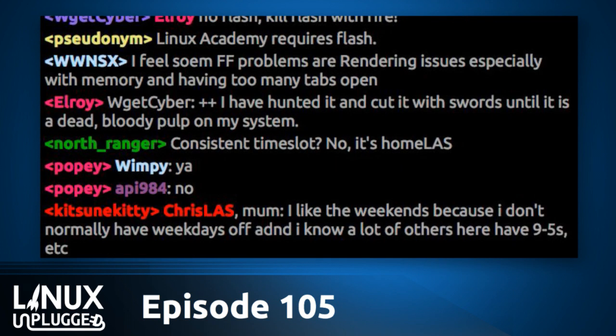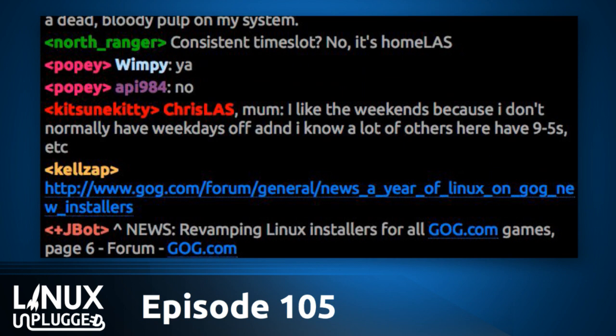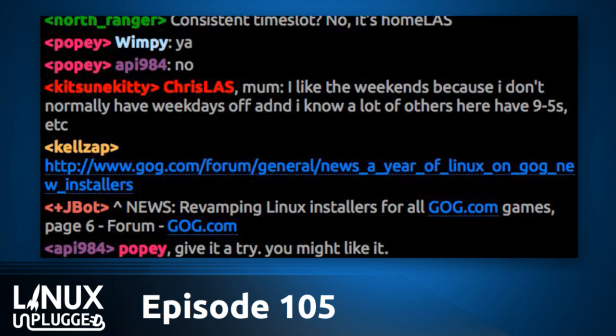So we'll be giving out swag at LinuxCon. We'll be shaking hands. We'll be doing recordings and all that stuff. Maybe even getting interviews and clips from you, the people. So come say hi to us. We'll probably have a meetup at some point too. Meetup.com/JupiterBroadcasting to finalize that. Of course, you can just come say hi to us at LinuxCon. I want to do something. So stay tuned to meetup.com/JupiterBroadcasting for that. And I'd love to see you guys there. Popey's going to be out there at LinuxCon, so that'll be...